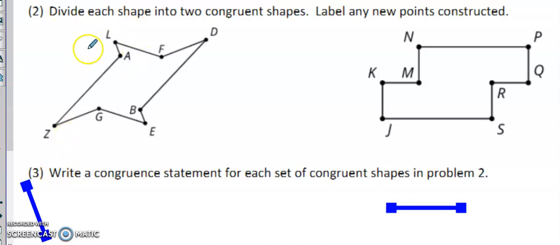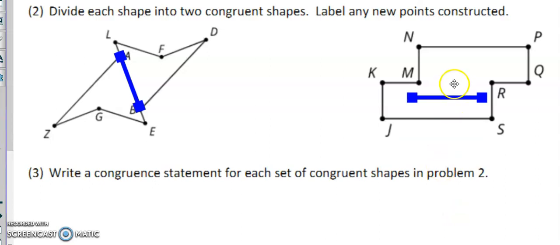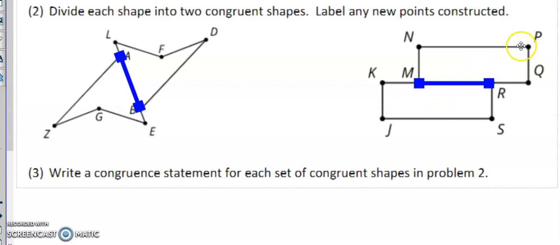Alright, so there are 3 ways of actually doing this problem. I'm just going to show you one. So if I would just draw a line to connect points A and B, this quadrilateral here and this quadrilateral here are congruent. And if I would connect points M and R, I could actually create 2 rectangles that are congruent. Approximately right there, I could rotate the shape 180 degrees, or I could take the shape and slide it also,